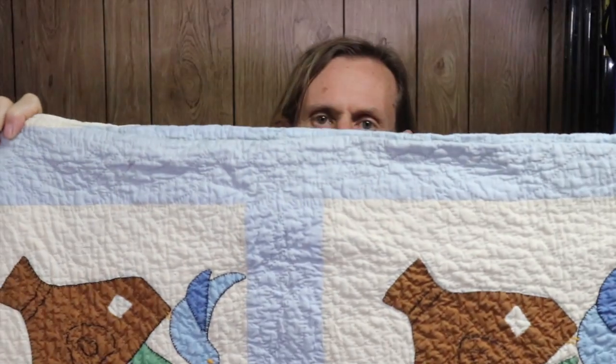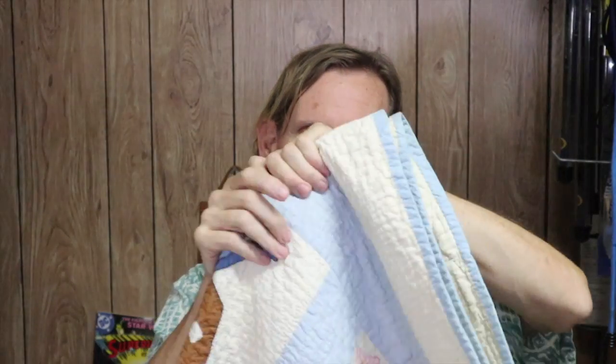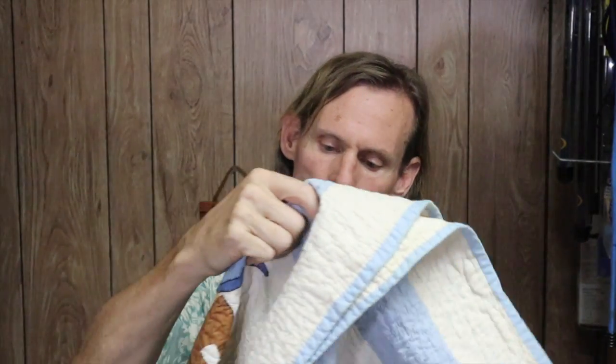The next piece I have to show is really pretty, and it's going to be a little cumbersome to show you. This just came out of a cedar chest for the first time in decades. It is a wonderful quilt, and let's see if I can do this so that you can see the patterns upright. From a distance it looks like applique, but when you get closer you realize that it actually is fully